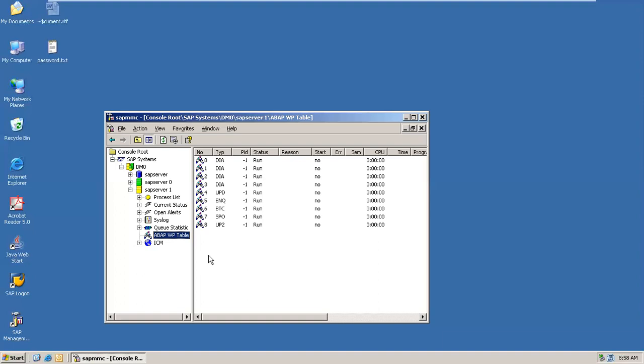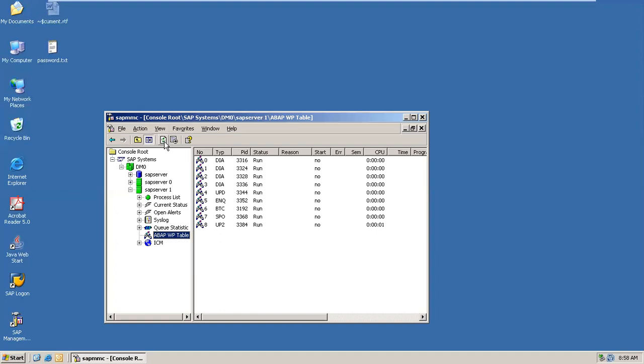If you wait for some more time, you have to see the status change from run to wait here. Once the status of all the instances turns into wait, then your server is fully started.